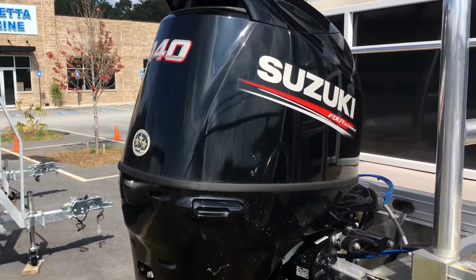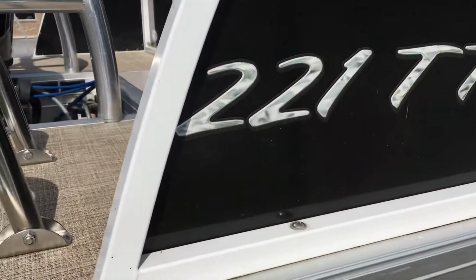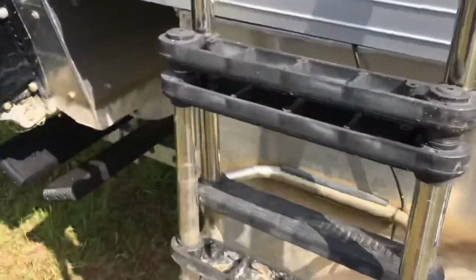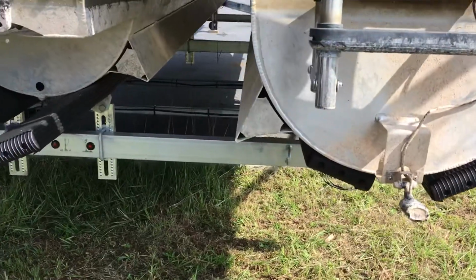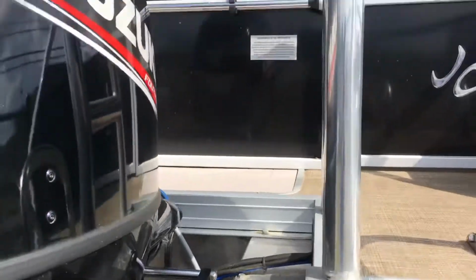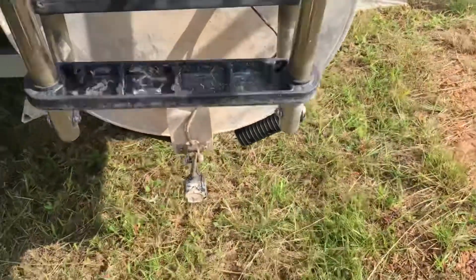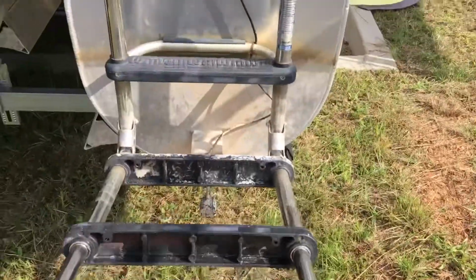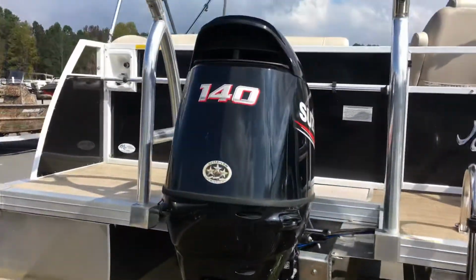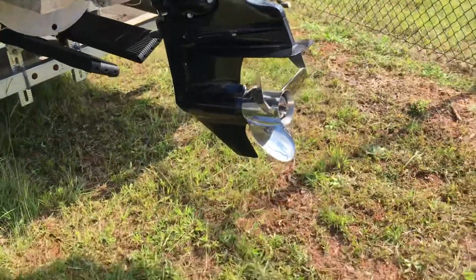Going to be showing you the 2017 JC the Spirit 221 TriToon. This has the sport package on it, which has the lifting strakes and a higher transom rating. Ski tow bar. 4-step fold down swim ladder, boarding ladder, powered by the Suzuki 140 4-stroke, stainless steel prop,